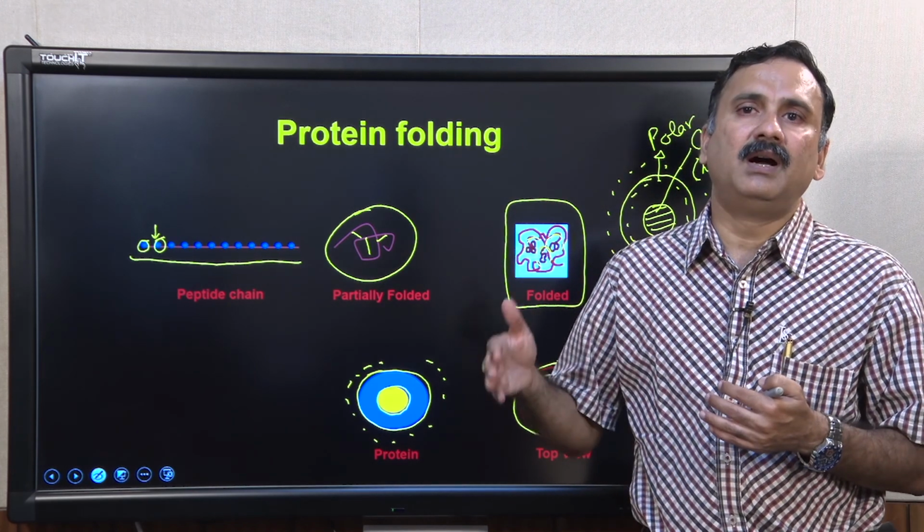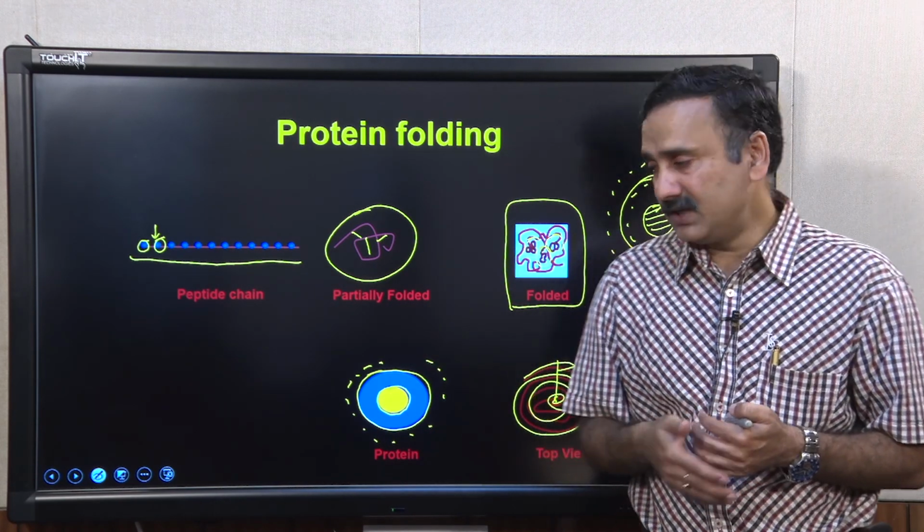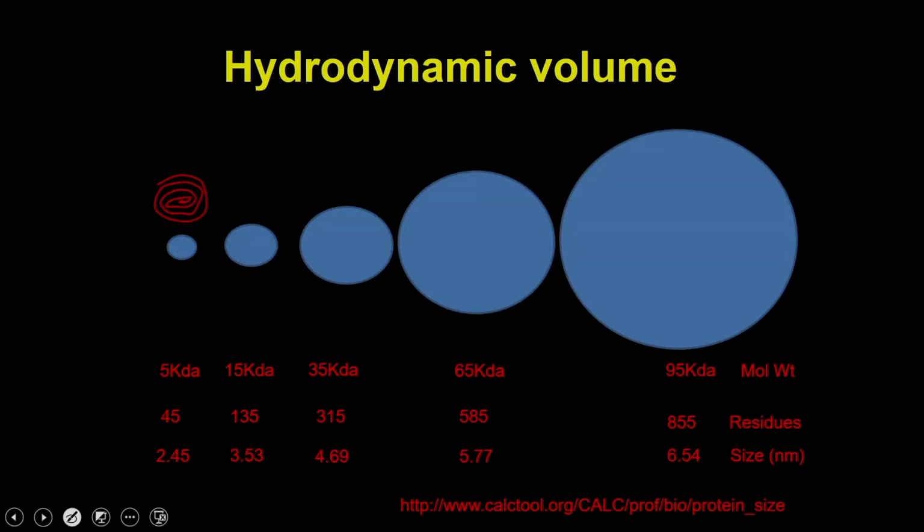As we discussed, the amino acids are arranged along an axis in globular proteins, and this always maintains a relationship between the diameter of a protein and its molecular weight. Let us see how it happens. The protein arranges all the amino acids along a particular axis, and I have shown you multiple examples. I have taken a protein of 5 kilodalton, which has 45 amino acids, and if you calculate the diameter of this protein, it is 2.45 nanometer.